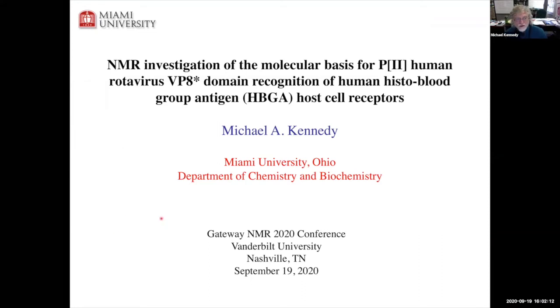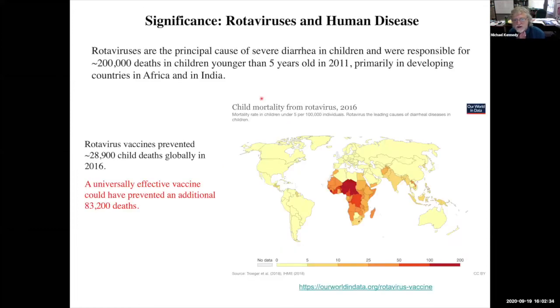So what I'm going to talk about is the work that we've done in my lab over the last 5 or 6 years, focusing on understanding the molecular basis for human rotavirus receptor domain recognition, and these happen to be histoblood group antigens. So just to begin with some significance,